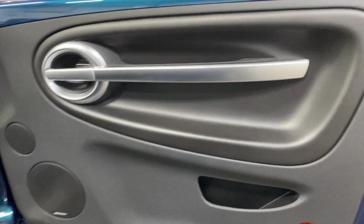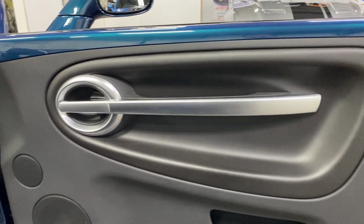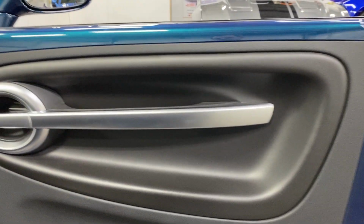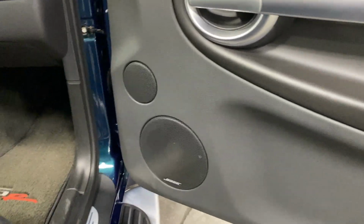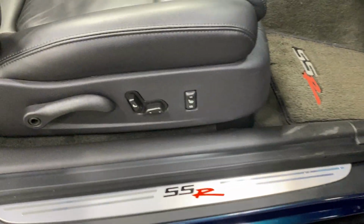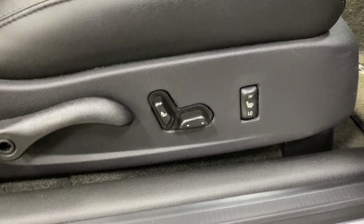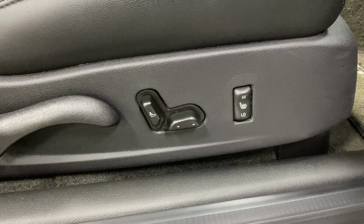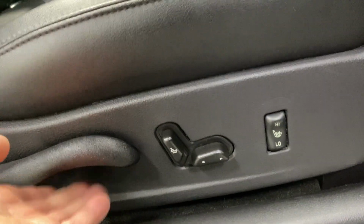And here we are at the passenger side door. So we've got a pocket down below. We've got the nice brushed aluminum finished handle here with the door release. And then we've got the BOSE stereo speakers there. And here's your SSR kick plate. It's in great shape. On the passenger side, we've got power fore aft, up, down, power recline, or excuse me, not recline, that's lumbar support there, and then manual recline